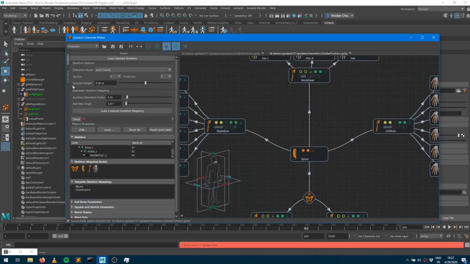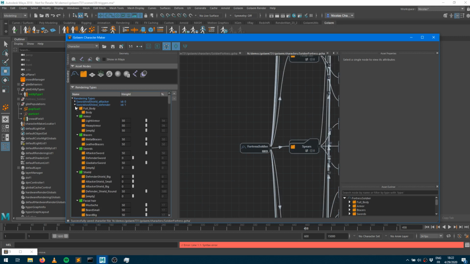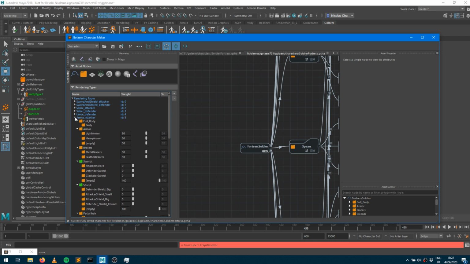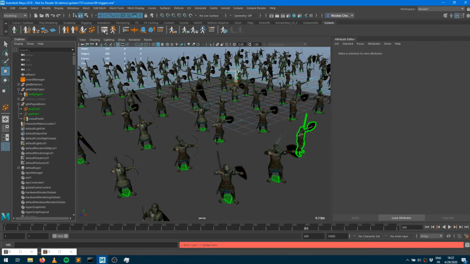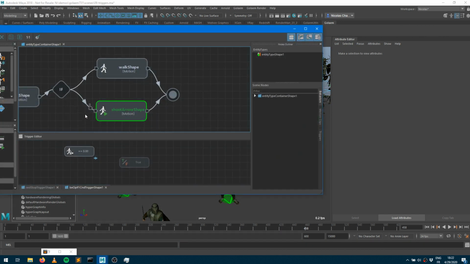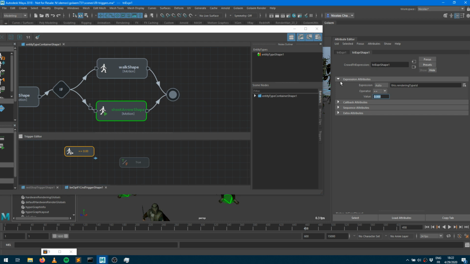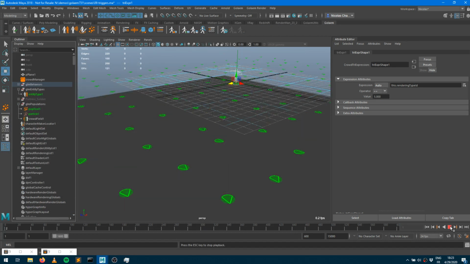So here I'm just opening my character, bringing in the geometry panel, and looking at all the rendering types that we've been defining with different weighting systems. And here you can see sword and shield is going to be 0, arrow attacker is going to be 5. So here it means that within my behaviors, I want to check if my expression, being rendering type, is equal to 5. That means my character is of rendering type arrow. And now I can